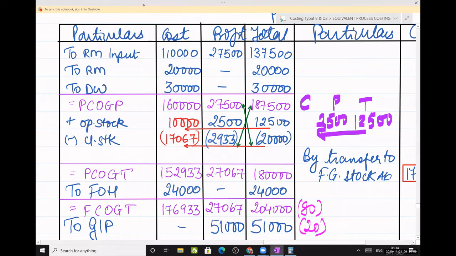ठीक है, am I clear? Is this clear? This is very important. Is this clear to everyone? 12,500 is the transfer price of opening stock. उसमें से बोला है 2,500 is profit element. So 10,000 is the cost. And you have to calculate closing stock. Now they have said